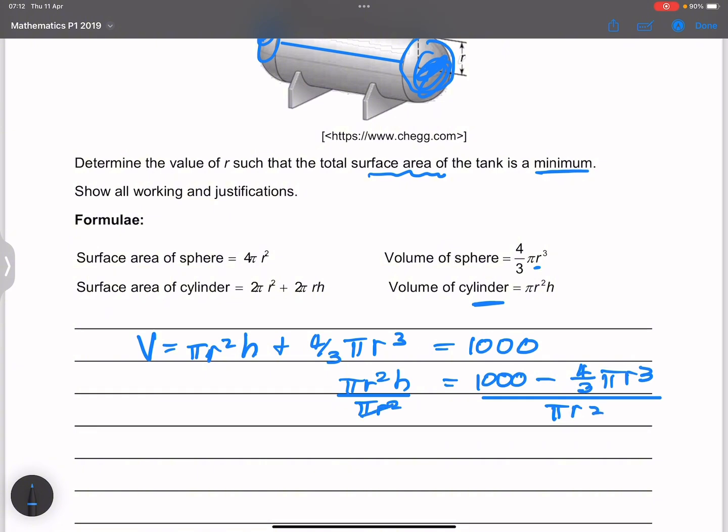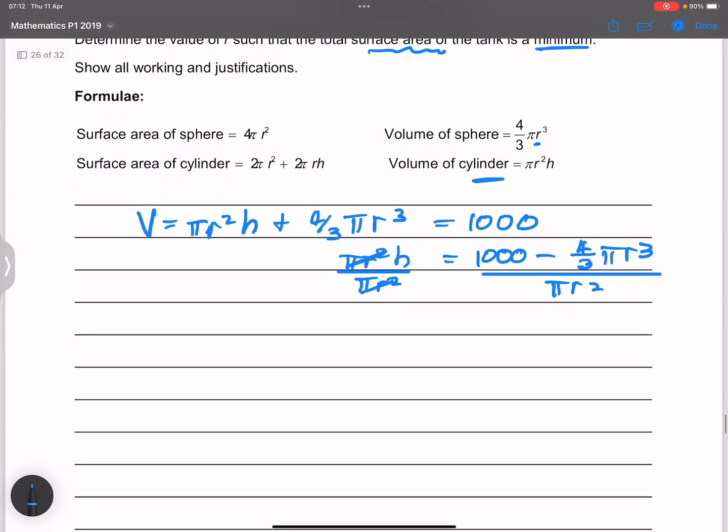So that would be my expression for h. Now remember, what I'm trying to minimize is the surface area, right? So the total surface area